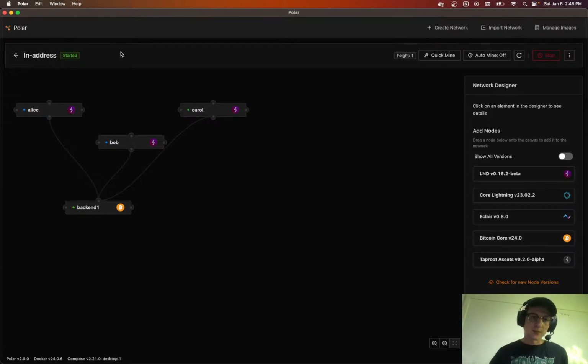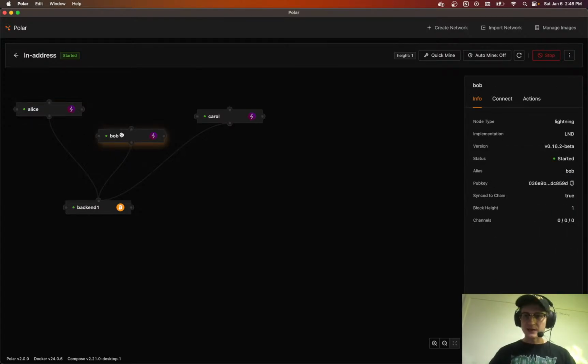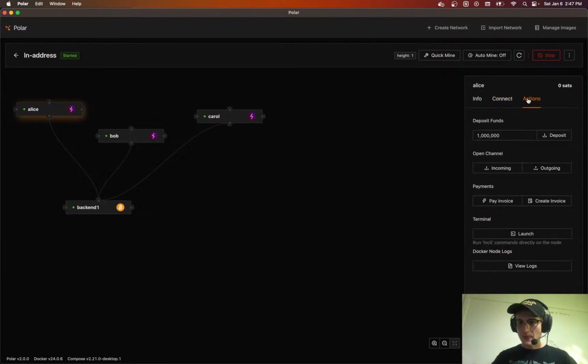And I'm just going to do a basic setup for these Lightning nodes. Right, so we see that these Lightning nodes are built on top of, they're dependent on the Bitcoin Core node. And we can click into them and do actions on them, and then we also have connection info. So I'm going to go into Alice here. I always choose Alice as my node. And I'm going to open a channel to Bob